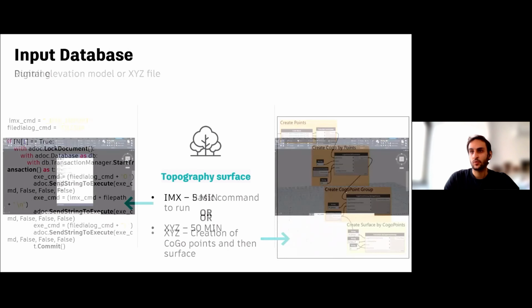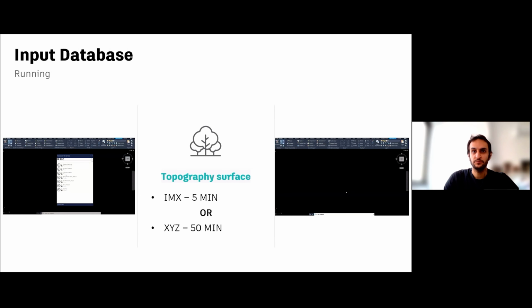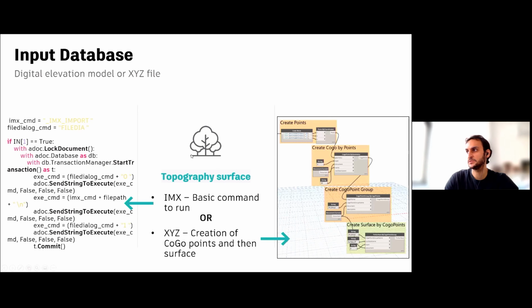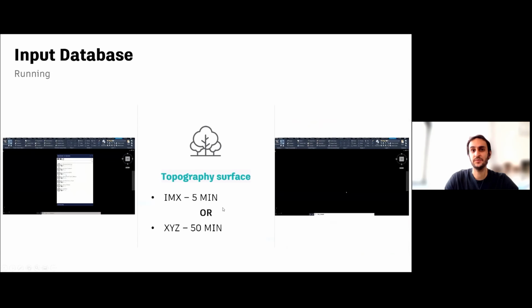The process is quite different between the two. So as you see here, the process is a little different, but the time is more different. So using IMX, the pre-processed surface, we are taking about 5 minutes in a surface that has about 5 gigabytes of size.